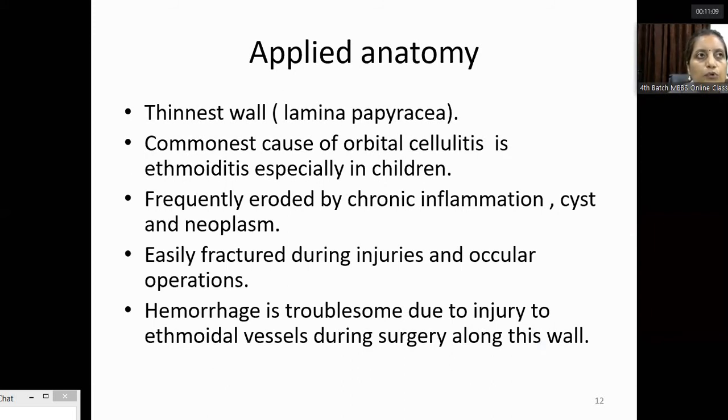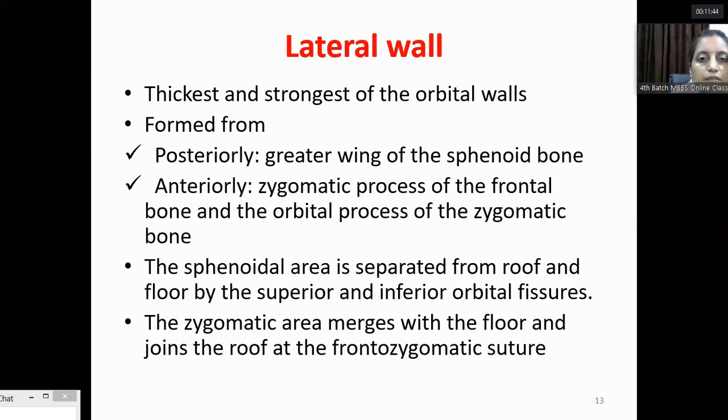This is the bone which we break during the DCR surgery to do the dacryocystorhinostomy, and from there we make a bypass to create an anastomosis between the lacrimal sac and the nasal mucosa. But there occurs a heavy hemorrhage because of the ethmoidal vessels. So we have to be careful, and sometimes to stop the hemorrhage we have to go for packing. The anterior or posterior packing is also important. We have to keep this in mind.